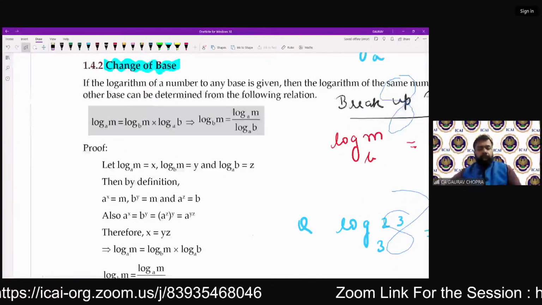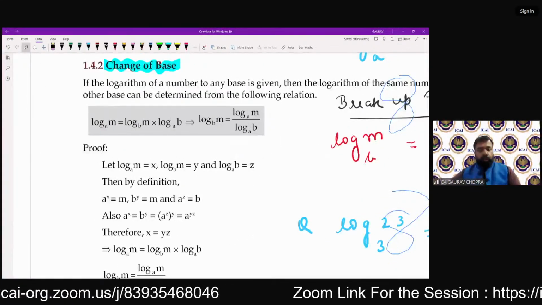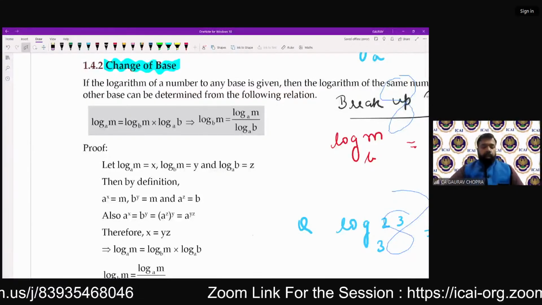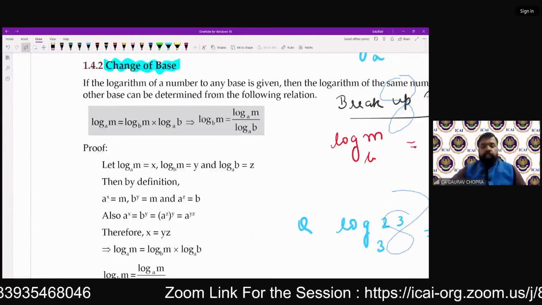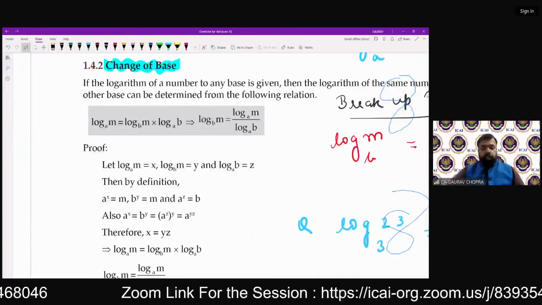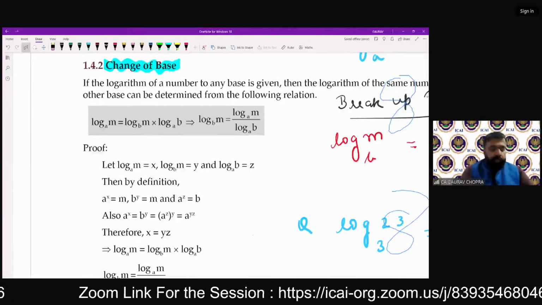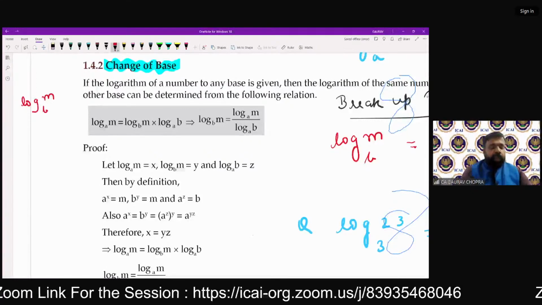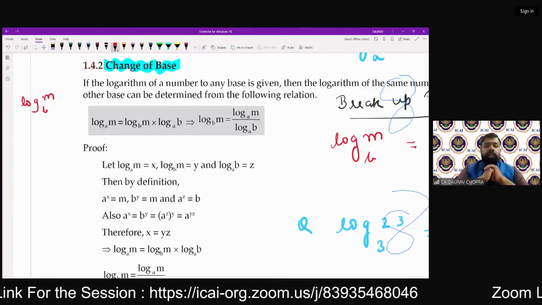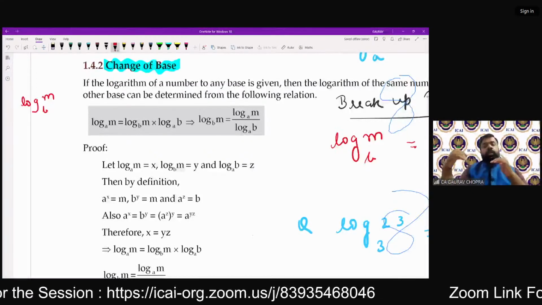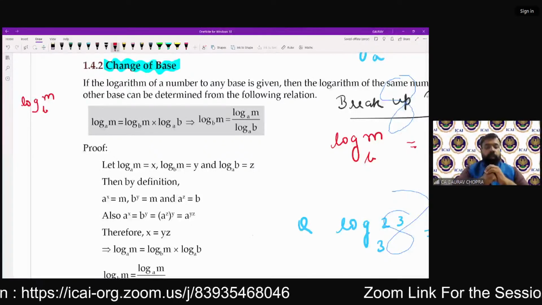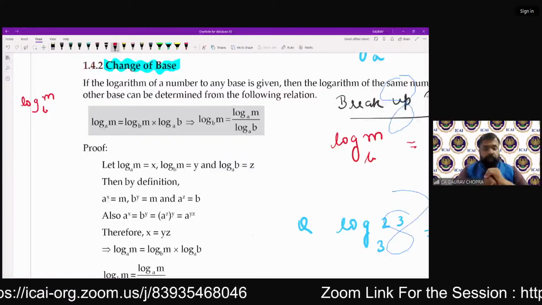Then जो नेक्स्ट प्रॉपर्टी में आपको सारी प्रॉपर्टी एक बार गो थ्रू करवा देता हूं, सो दैट फॉर सॉल्विंग द क्वेश्चन इट विल बी इजी फॉर यू. तो नेक्स्ट प्रॉपर्टी यहाँ पे क्या है? चेंज ऑफ बेस प्रॉपर्टी. चेंज ऑफ बेस प्रॉपर्टी मींस कि लॉग ऑफ m with base b is given. Now अब आप चाहते हैं कि log m and log b दोनों अलग अलग वैल्यूज बन जाए, दोनों में क्या हो जाए? ब्रेकअप हो जाए. तो इसको हम और क्या बोलते हैं? ब्रेकअप प्रॉपर्टी भी बोलते हैं.